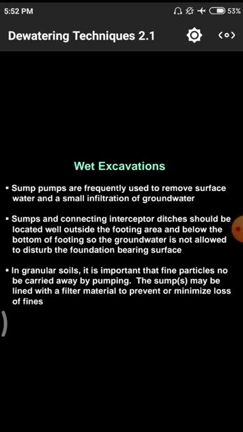Fines means particles which are of very small size; those are called fine particles. Whenever we are removing a quantity of water from a field, a certain amount of fine matter is associated with the water, so the water will be carrying those fines also. If we carry away the fines, there will be less binding property, and automatically the soil strength will be reduced. So the fines are very important to the structure to improve the bonding properties and others.